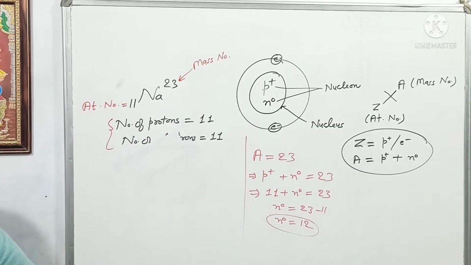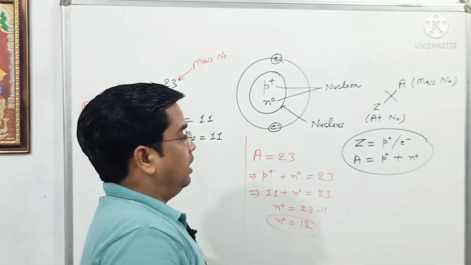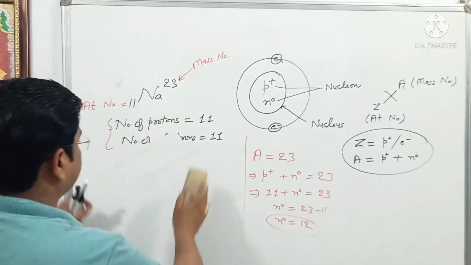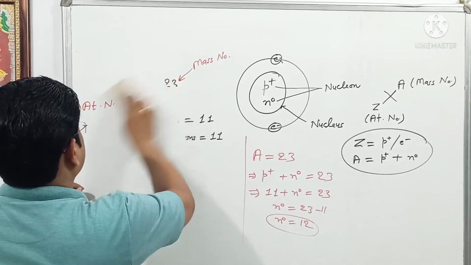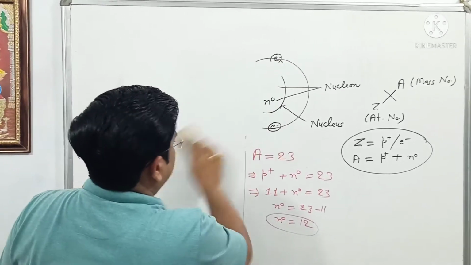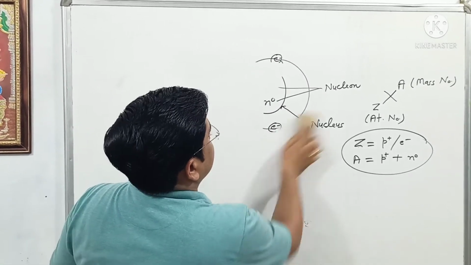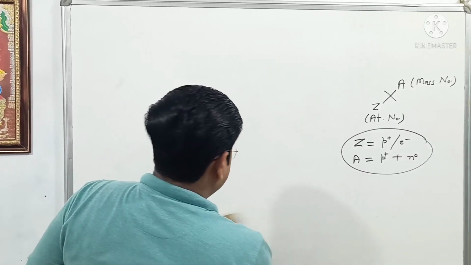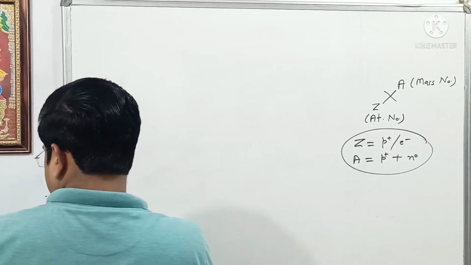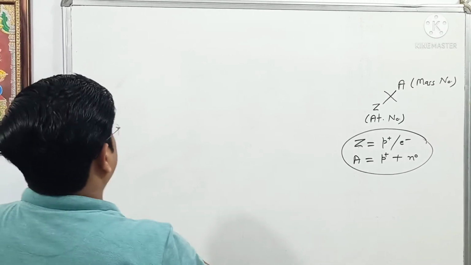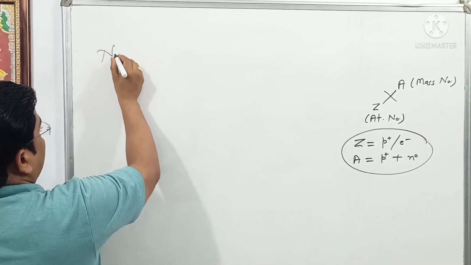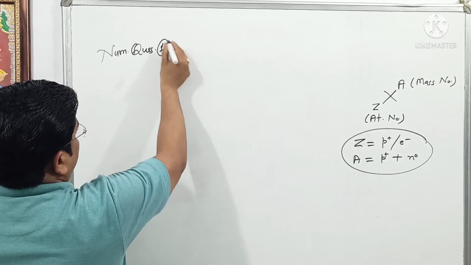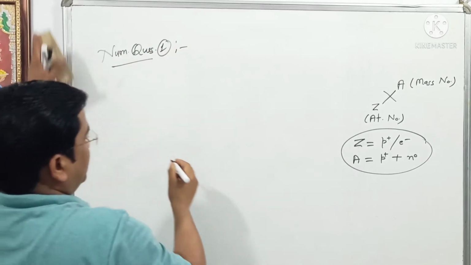With some other examples, you will be able to find how atomic number and mass number are known. Okay friends. I will erase this diagram, no need this time. This is sufficient to understand. Just pay attention, I am taking some examples. Suppose numerical question 1. I am going to attempt this one.